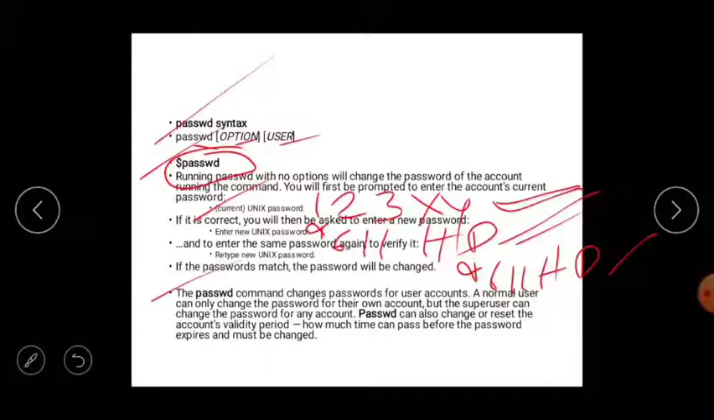The passwd command changes your user account password. A normal user can only change the password of their own account. Means we are normal users, so we can change our own password. We cannot change another user's password until we know the password of that user. But the super user, nothing but the root or administrator, can change the password